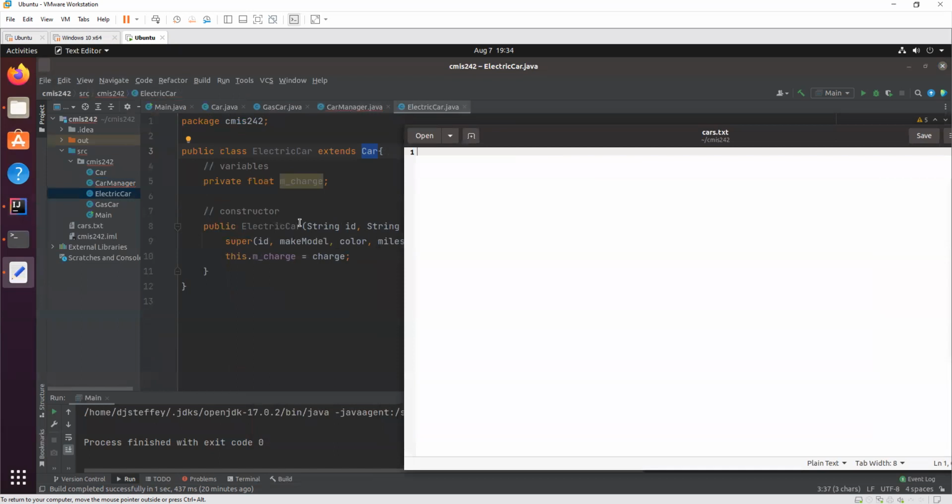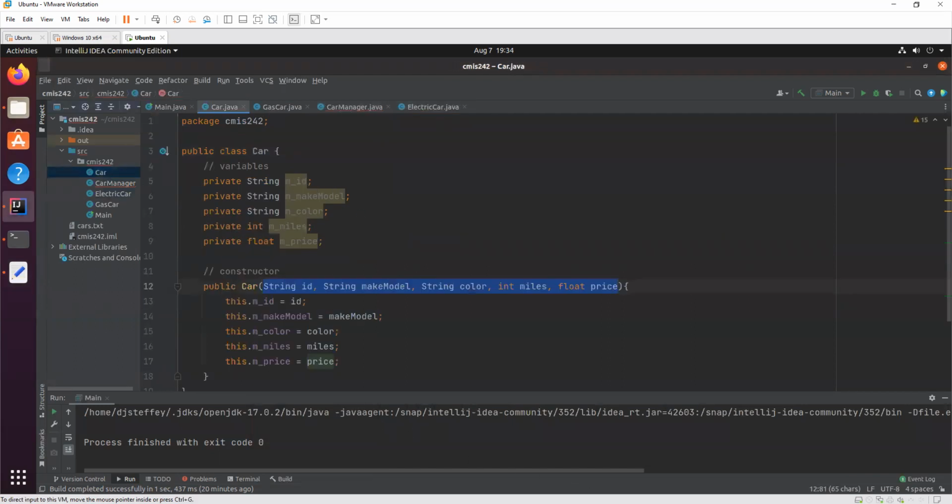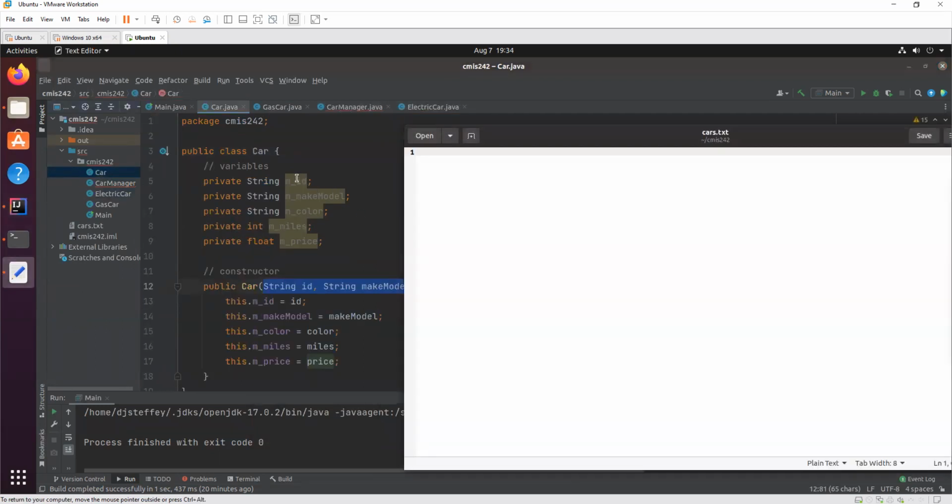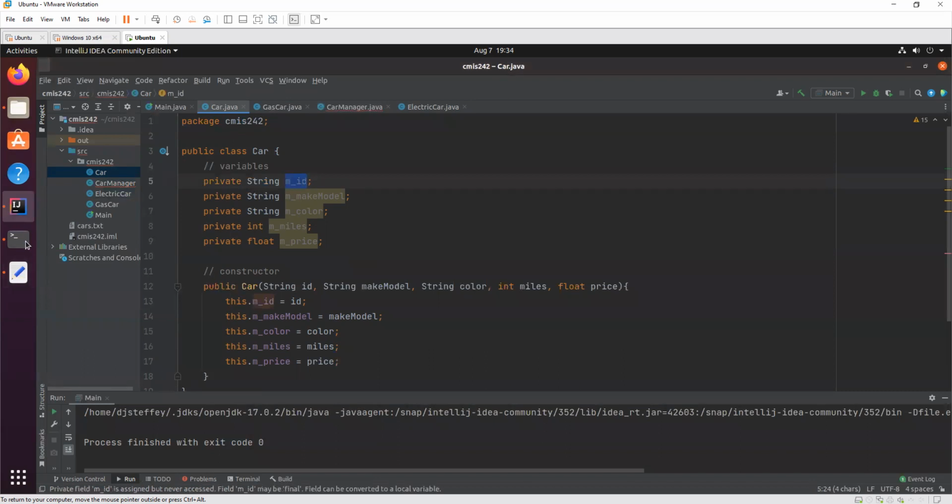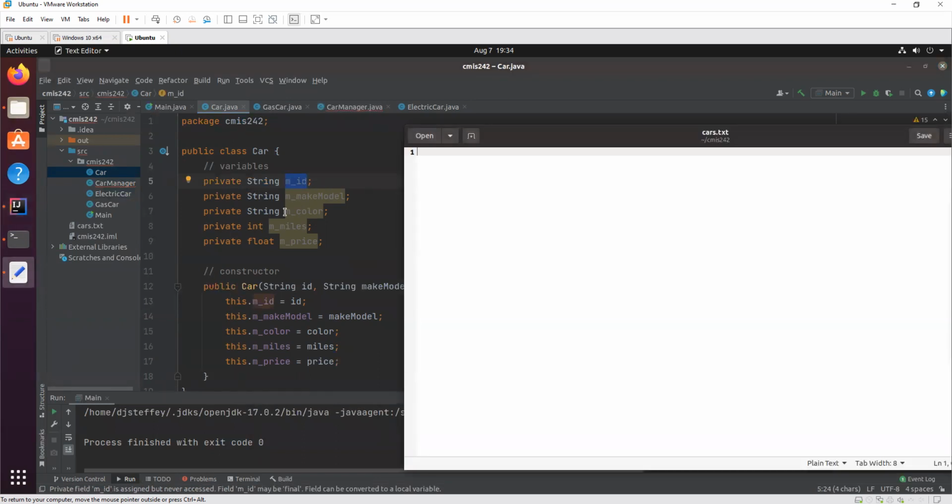So our electric car has a charge, but since it's a car, it also has an ID, a make, model, a color, miles, and a price. All of that information needs to be in a file so that when we read the file, we're able to successfully create this car.